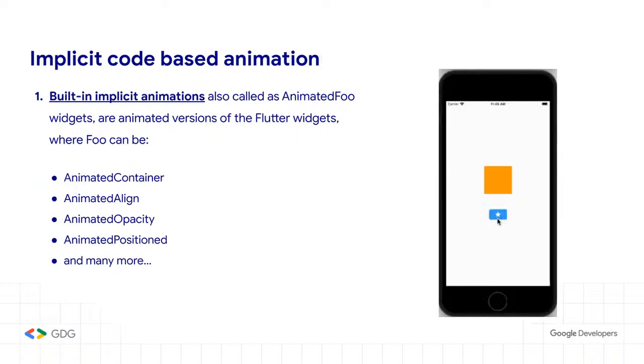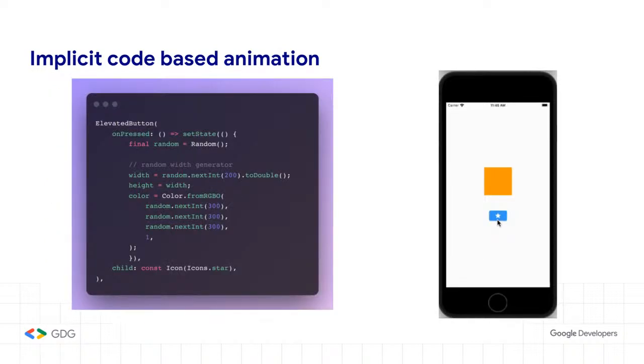So let us look at that in more detail. Implicit animations are often called animated foo widgets, where foo is nothing but the Flutter widget. You animate the Flutter widgets to achieve the animation. Some of the animated foo widgets are animated container, animated align, and there are many more. So here, when I click on the star button, the size of the